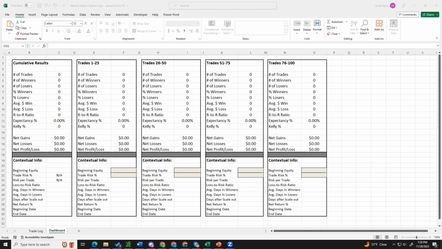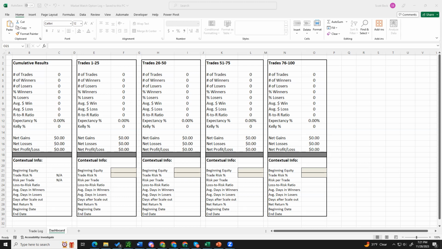What Kelly does, Kelly takes what you've done and says, if you were to continue, that's why we need at least 50 trades of a stable expectancy, because we're relying on the fact that now our probabilities are going to stay somewhat consistent. Because if you optimize your risk and then something drops in your probabilities, you're going to lose more than you want to lose. Kelly is going to help you optimize your risk. That's its job in a nutshell.